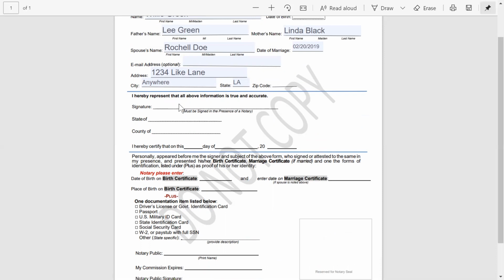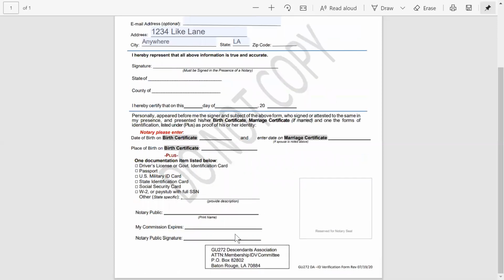Typically what happens is that minors cannot sign legal documents, and usually the parent would be the one to provide the signature. And basically you would send all those completed forms to the address below, to the GU272